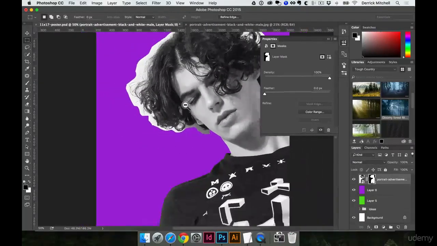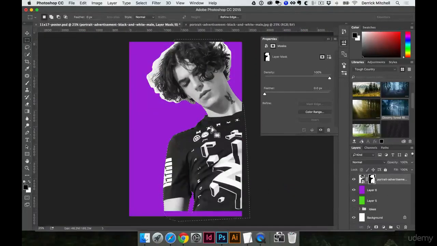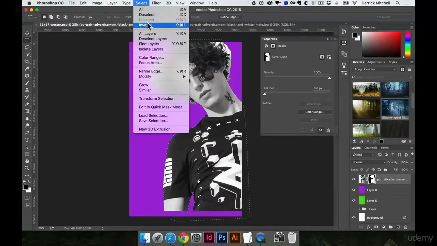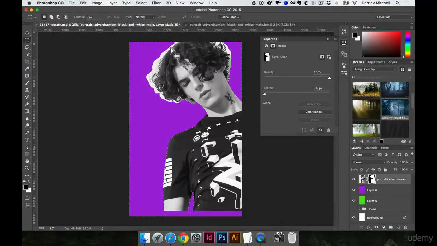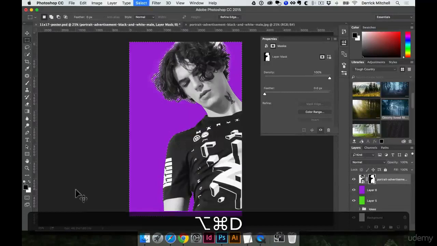If I zoom out, you can see we've selected the image here, but honestly what I want to delete is this white space around it. So I want to select everything but that. I'll come up to Select, Inverse, or I could have hit Shift Command I, and now my selection is everything except for the middle. So I can add that to my mask here. I'll click here, fill it with black, so I'll hit Alt Delete, and now you can see